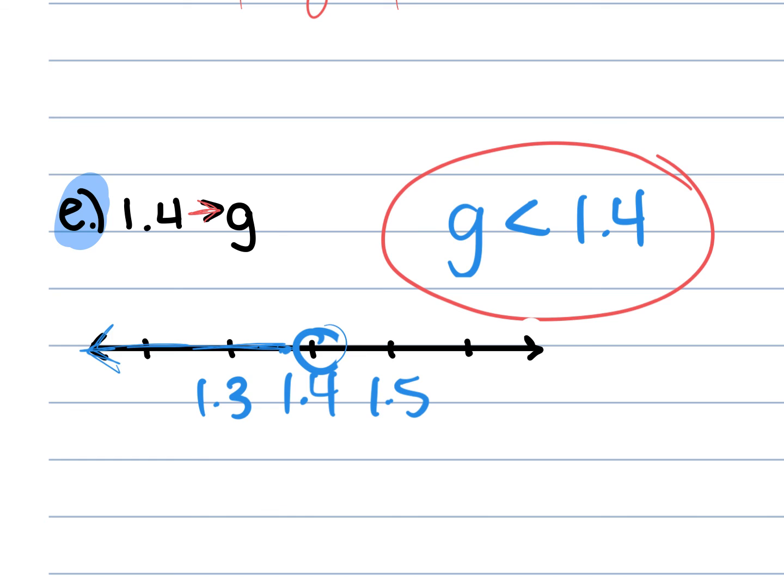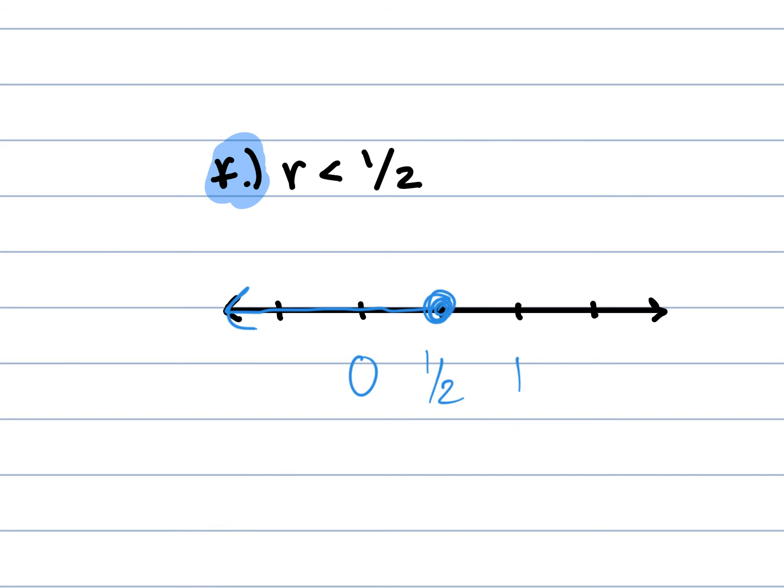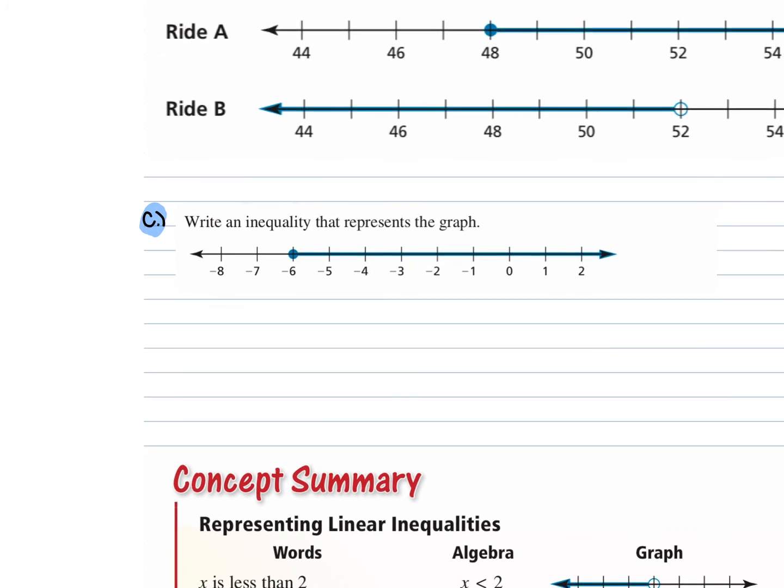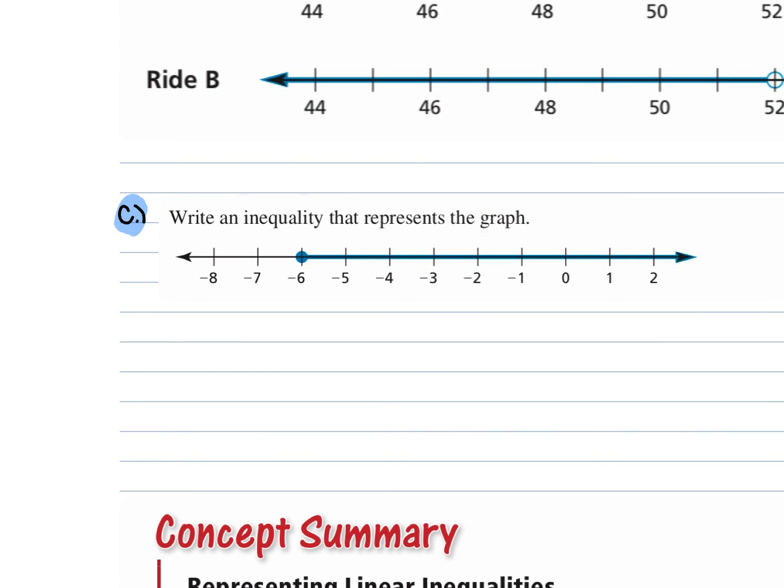F. What is wrong with F? Katie? Very good. The circle needs to be open. Are we good? Don't worry about G. The only thing we're doing left. You did it already? Did you get 6? Yeah. Perfect. The last example is we're going to be given a graph and we have to write our own